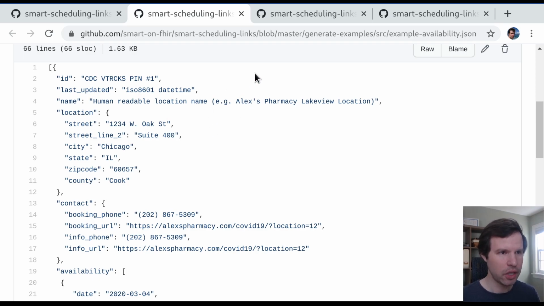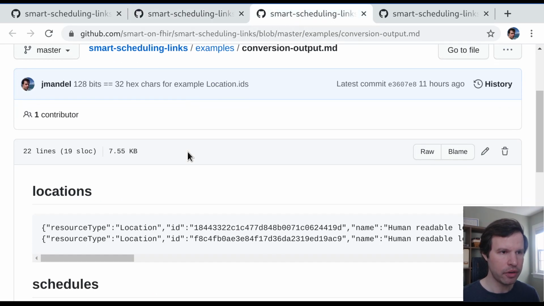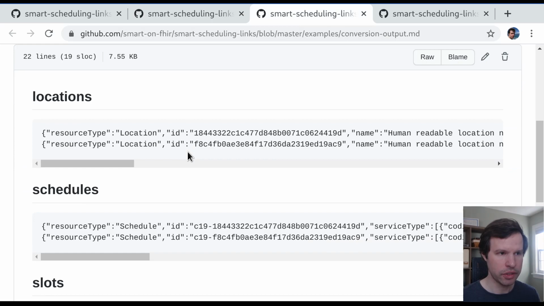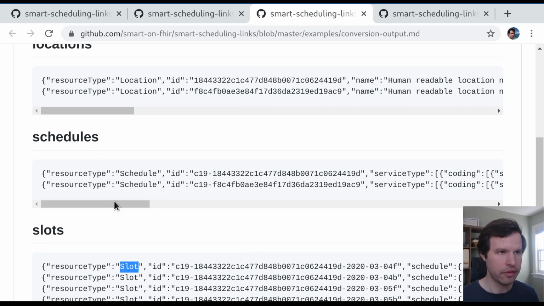So I want to take you on a quick tour of a script that uses this kind of format as an input and then produces as its output a set of FHIR JSON resources, which are just a different standardized JSON schema that represent a physical location, a schedule at that location, and then individual slots for the schedule at that location. And together, these three kinds of resources, locations, schedules, and slots, tell the story of COVID-19 appointment availability,